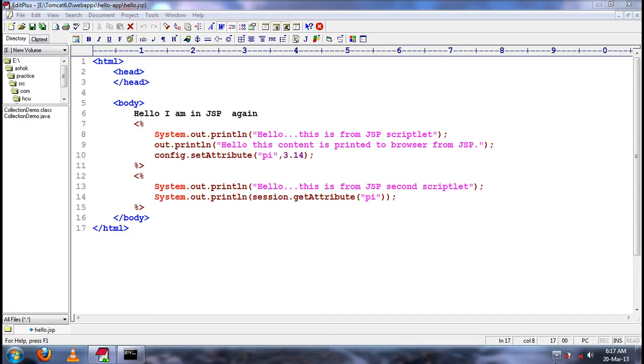In the previous class we have seen what the implicit objects available in JSP are, and what the life cycle of the JSP is. What are the different phases in the life cycle, and what happens in each phase of the life cycle of the JSP page,